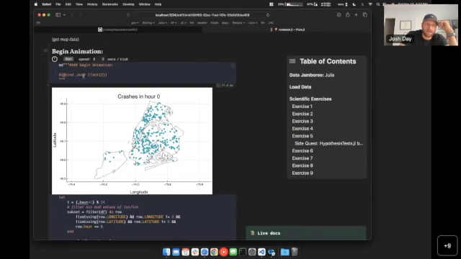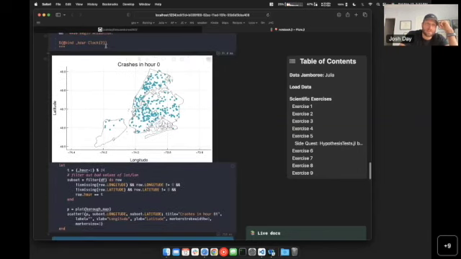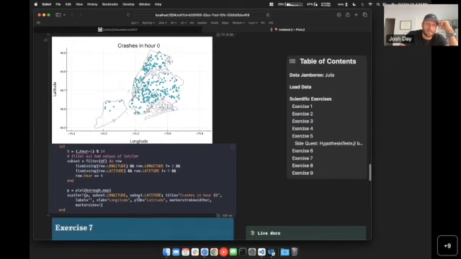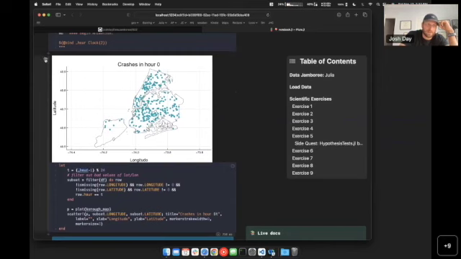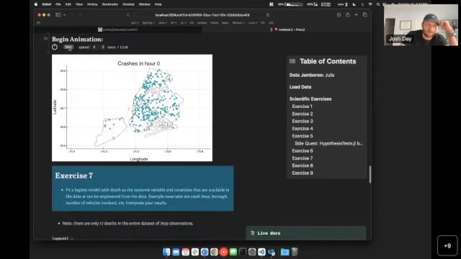And because of the reactive nature of Pluto notebooks, when this hour variable changes, then this cell here, which references hour, is going to reevaluate. So let's go ahead and click start there. And so there's hour 0. Oh, there's hour 1, hour 2,